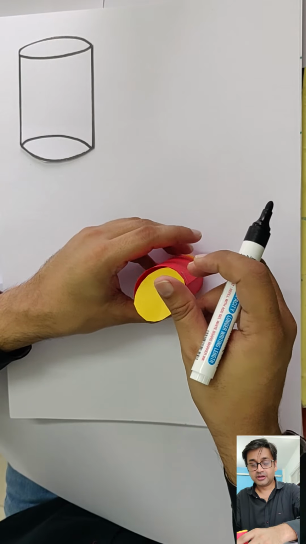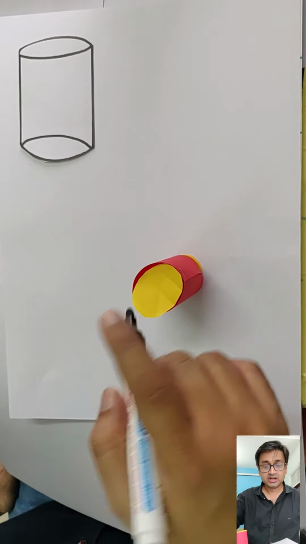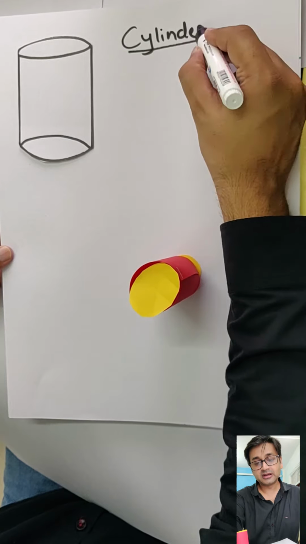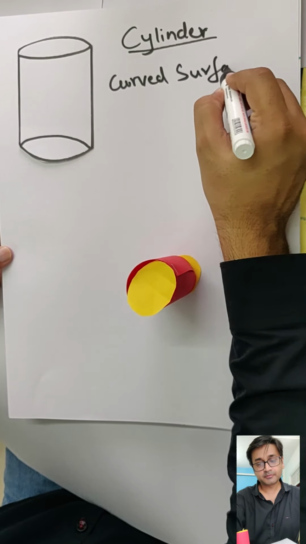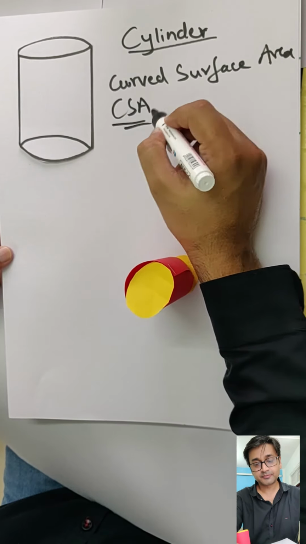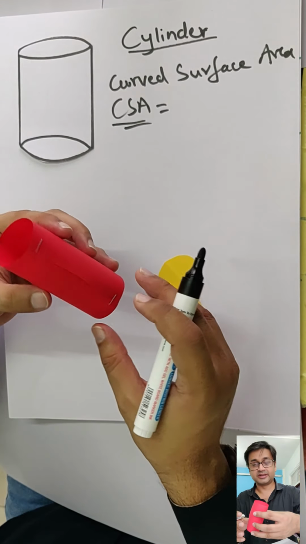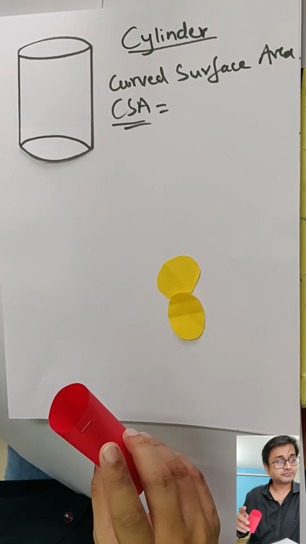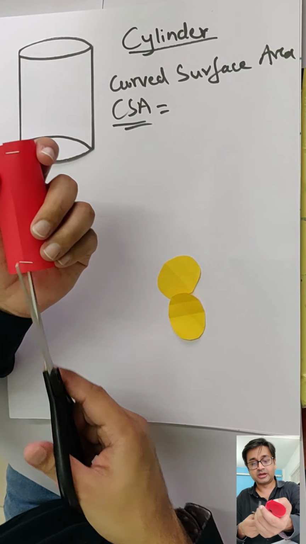Now for a cylinder, you don't have area of vertical faces because these are not faces, it's a circle. So therefore, for a cylinder, what you have is called the curved surface area. Now what is a curved surface area? CSA. To understand that, we'll have to open this cylinder and see. So when we open this cylinder, what shape will it become? Can you predict? Okay, let me open the cylinder and then let's see what shape it becomes.